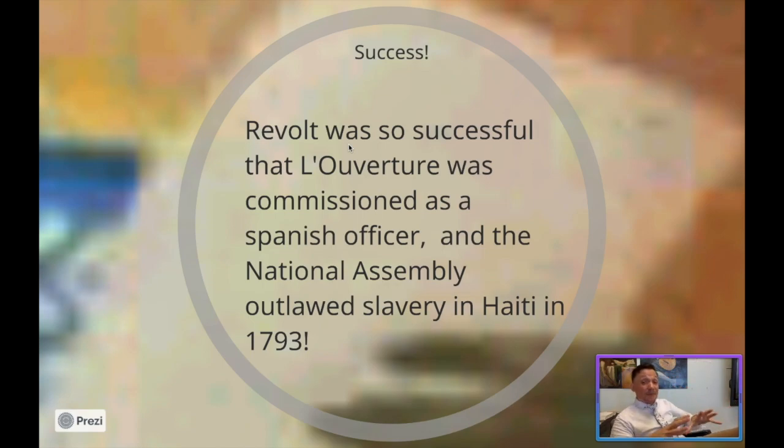And to stop this from happening, the National Assembly, with Robespierre involved, comes in and says, Toussaint, do not leave France. Stay with us. We need to make money off the sugar and the coffee grown in this colony because we are in the middle of a revolution. So please leave the Spanish army, rejoin us, and we will outlaw slavery. And so Toussaint said, oui, oui. And literally, he got slavery abolished in this colony, right?